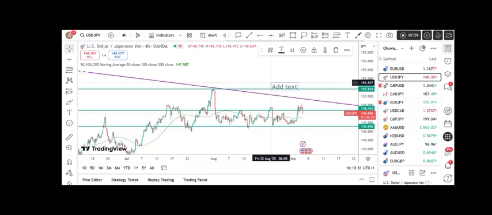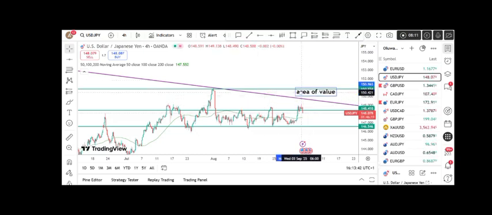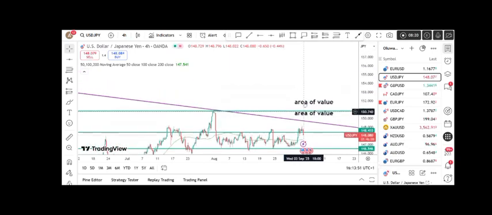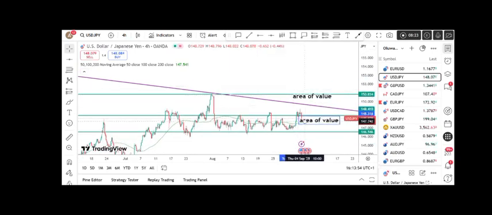So our area of value can be from here, can be from this particular area here for a sell, and it can also be from this particular place, which can also be an area of value, and also that's for sell. Then for buy,